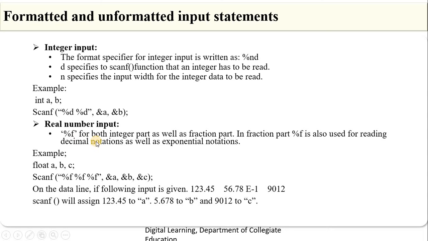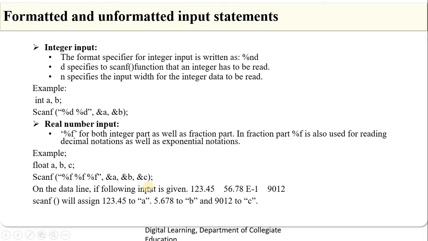Right? So this %f is used for reading the decimal notations as well as the exponent-like notations also. We'll see this example here. Let's say float a, b, c is there and you are saying scanf %f %f %f and then comma ampersand a comma ampersand b and comma ampersand c, and if the user gives the input as 123.45 space 56.78e-1 space 9012,